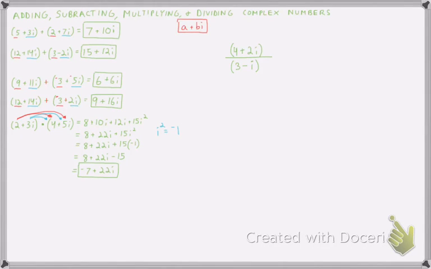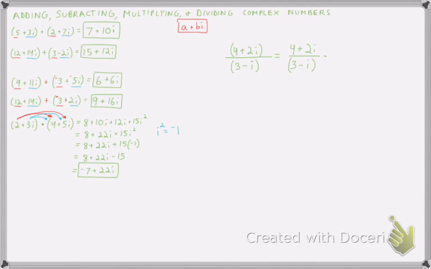Alright, and now for division. With division, we need to now learn a new term, which is our complex conjugate. Now, what exactly is our complex conjugate? Well, in order to solve this, we need to multiply the entire thing by that complex conjugate. So we get that 4 plus 2i over 3 minus i